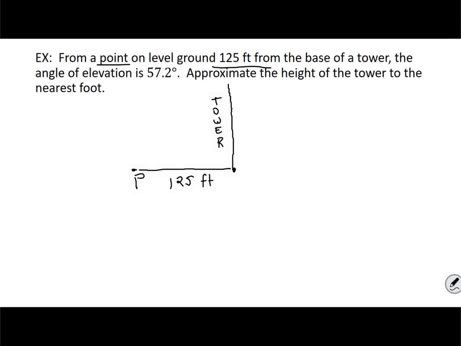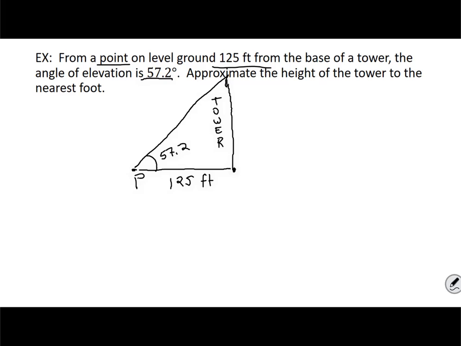Now, the angle of elevation is 57.2 degrees, and that angle of elevation refers to the angle that's formed if I were to connect that point P up to the top of the tower. So that is this angle right here. So that's 57.2, excuse me. All right, so now that we have our right triangle,